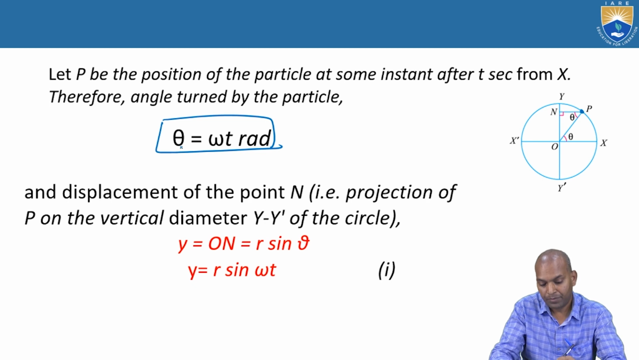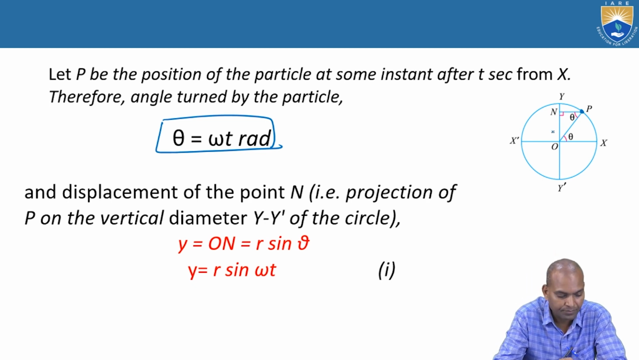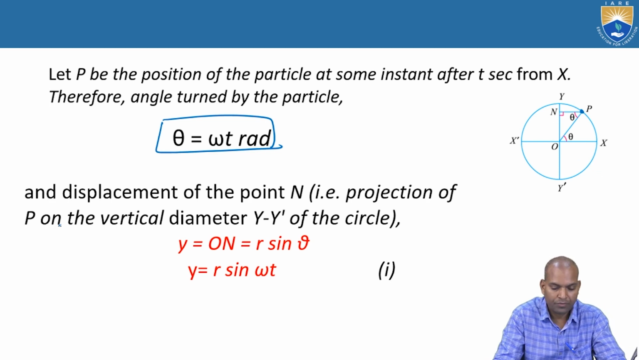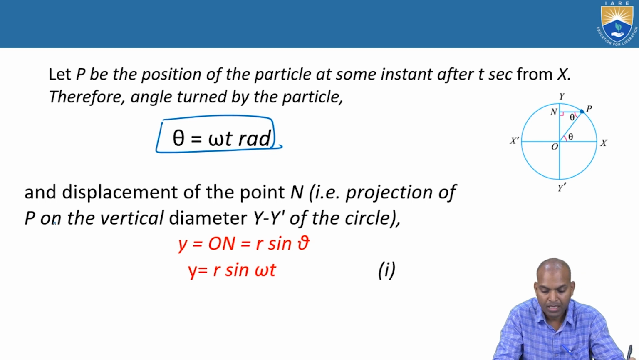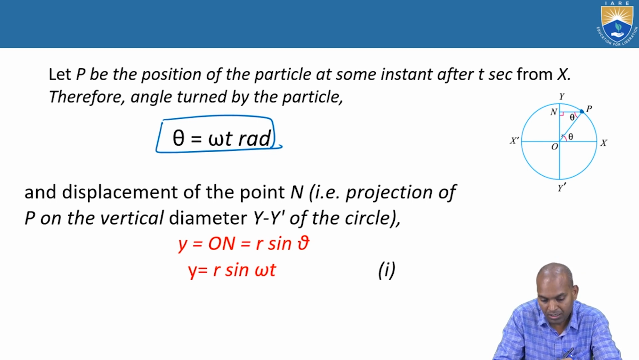displacement. Now, from this triangle OPN, the displacement is the displacement of the point N, that is the projection of the point P on axis OY, that is the vertical Y dash of the circle. This is how it comes here. ON is a right angle triangle, and this angle is nothing but equal to this angle. That's why ON equal to OP sin theta,